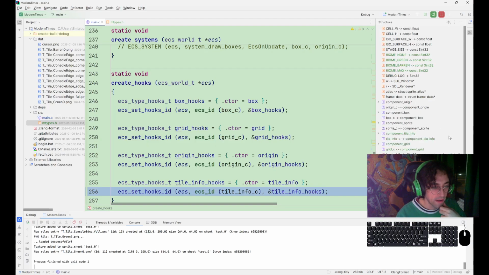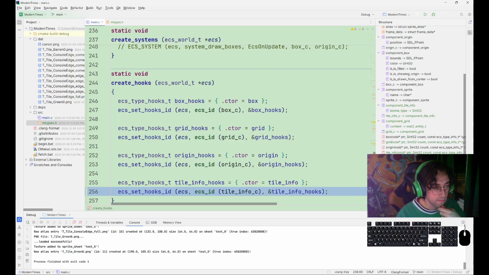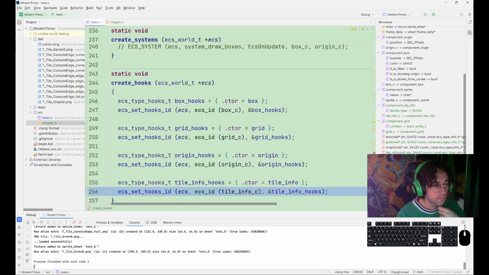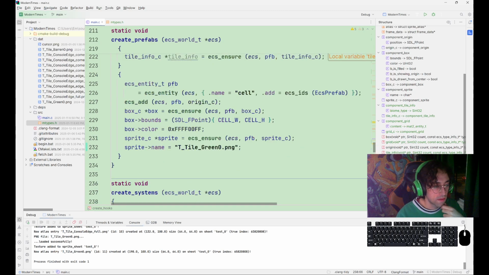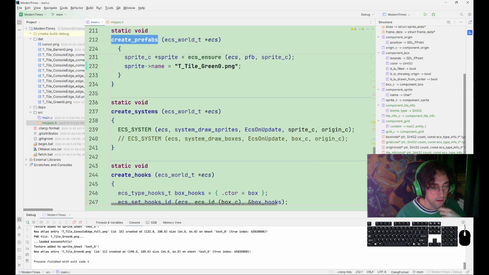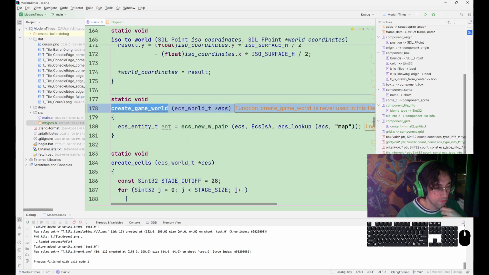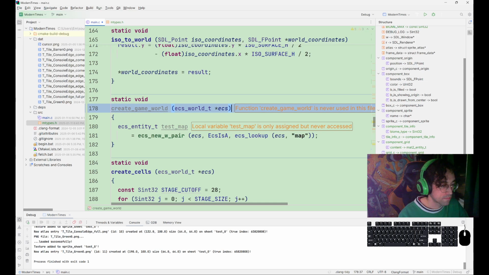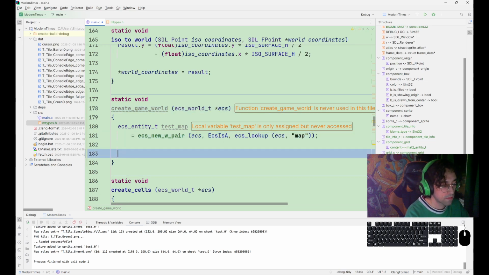Alright, things still compile. So it means that our prefab here are good. The grid, the tile. Now we're creating the game world. So we create a map. Let's call it test map. And then,